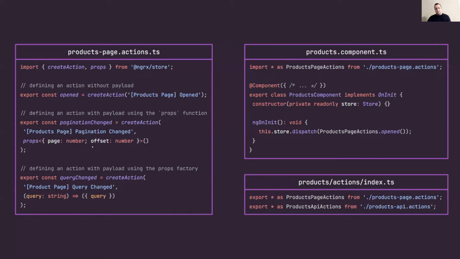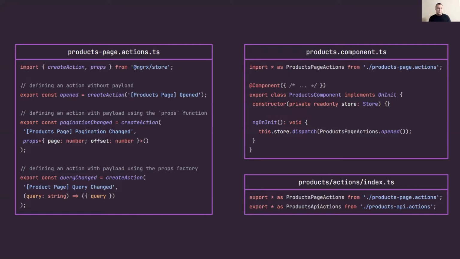And what if, for example, we want to create a new action, new products page action? How we do that? Usually we copy the previous action, then change action name, action type, and action props. And when we do that, we can easily forget to change the action type, for example.